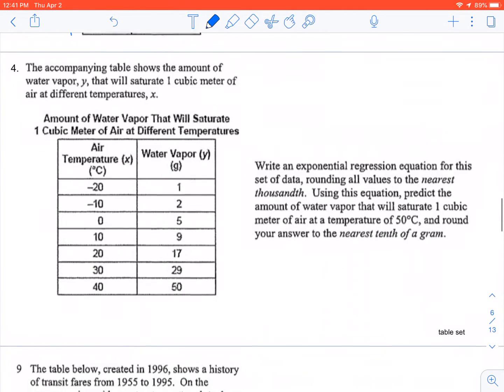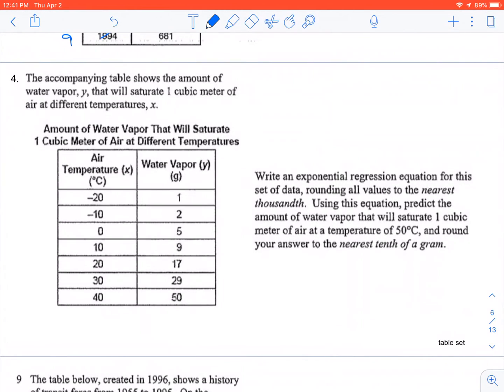The next one that I have is going to be number 4. So again, you're going to need to scroll until you find your number 4 so that you can see what I'm talking about on your answer document. And this one, we've got different numbers. So we're going to put these in, and we're going to do the same thing. We're going to write the exponential regression equation, and then this one says predict the amount of water vapor that